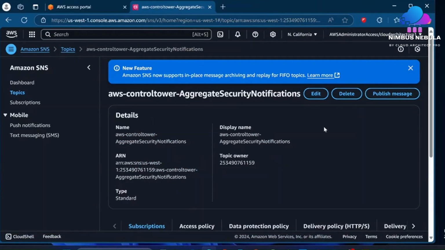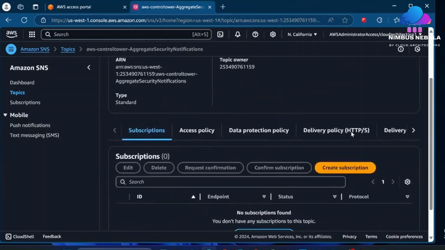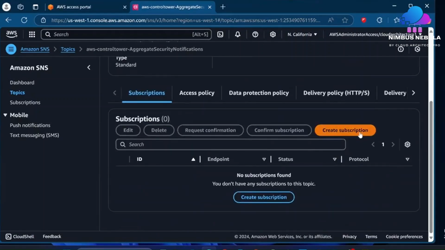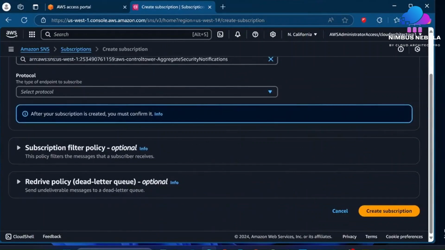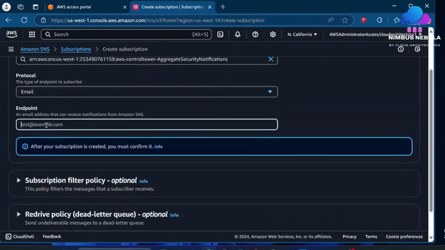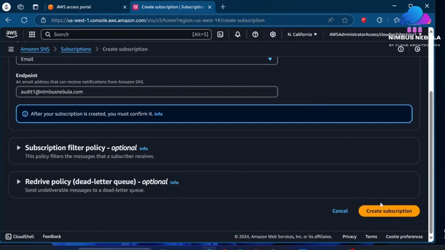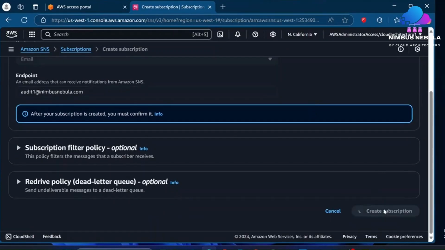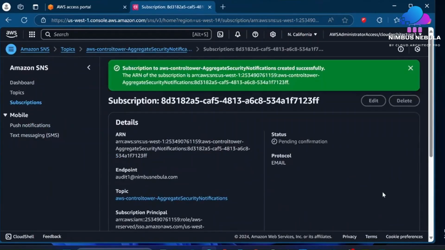Scroll to the Subscriptions tab and click Create Subscription. Protocol: select Email. Endpoint: enter your email address where you wish to receive notifications. For example, we will use the pink-themed Gmail address, auditing@nimbusnebula.com, associated with my audit account. Click Create Subscription to finalize. Once set up, you will begin receiving compliance notifications directly to the specified email address, ensuring you stay informed about